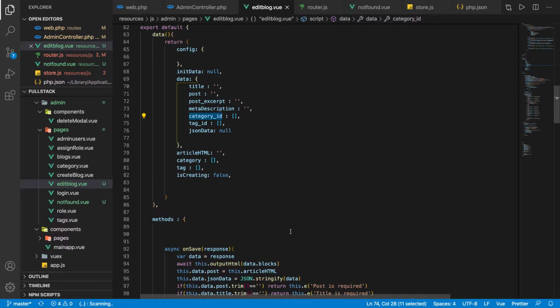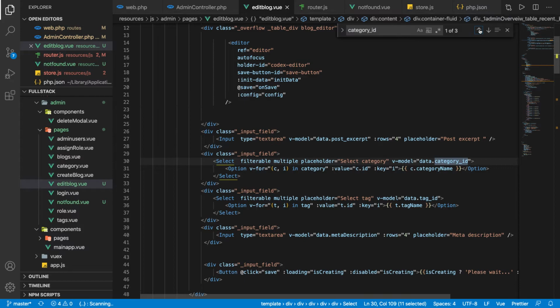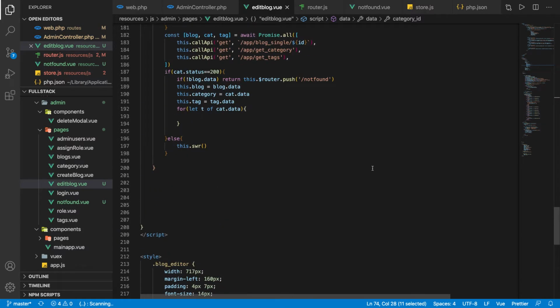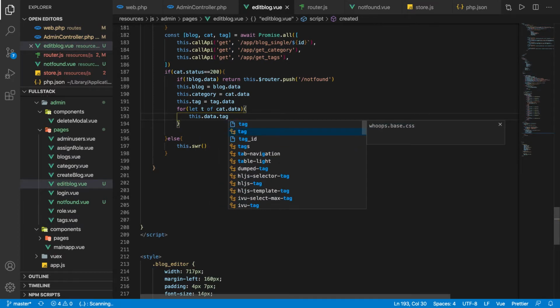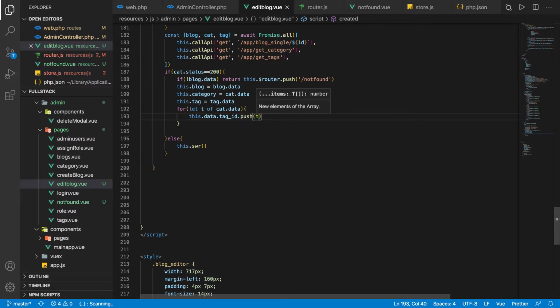We can say okay, data.category ID. So that's good. We can this.data.tag ID. Since it's an array, we can push t.id,